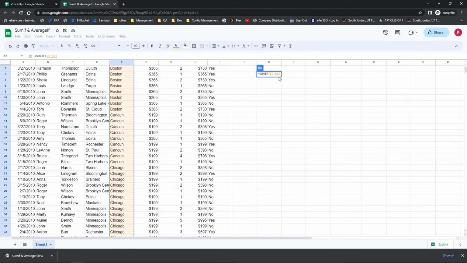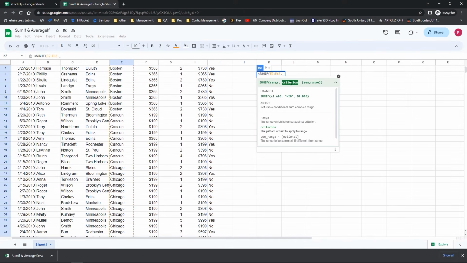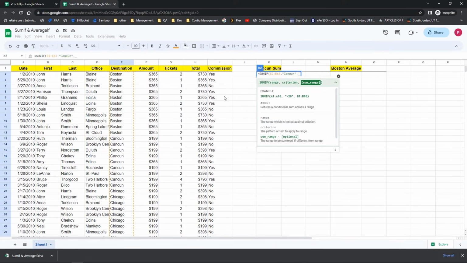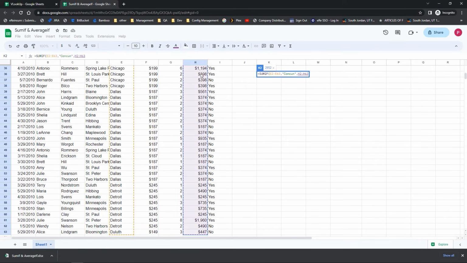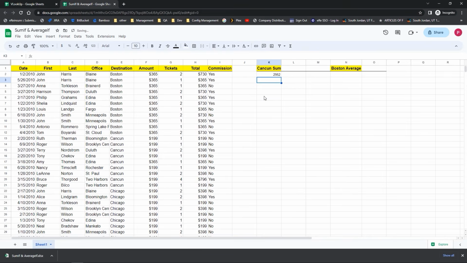Now, the next thing I need to do is a comma. I now need my criteria. This is Cancun. Because it's text, I need to include it in quotes. If it was a value, I wouldn't need to do that, or a date. The third thing I need is my sum range. What column am I going to be summing? In this case, it's everything below H1. So I'm going to click in H2 and do the same keyboard shortcut, Control-Shift-Down arrow. Now, of course, I need to enclose the whole thing in parentheses, and I'm going to hit Enter. If I scroll up a little bit, I'll see here that my total is